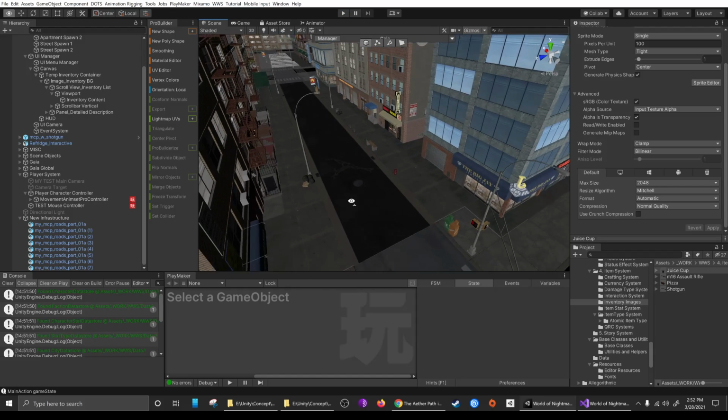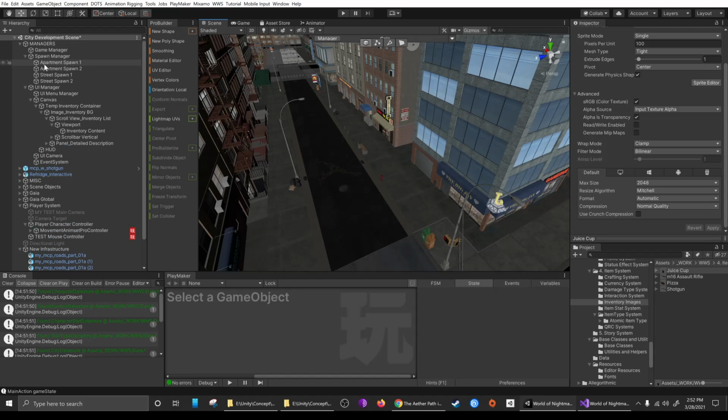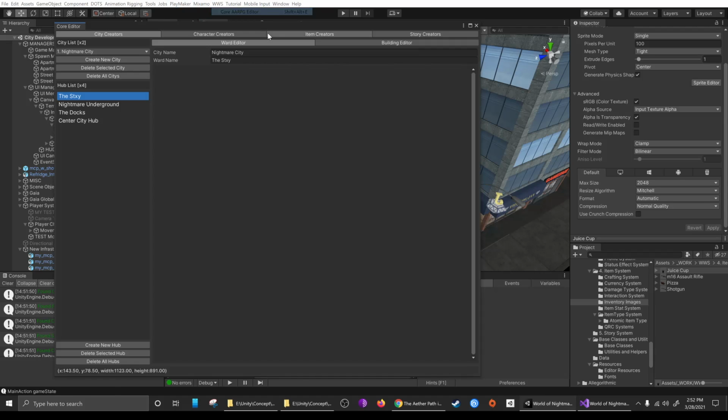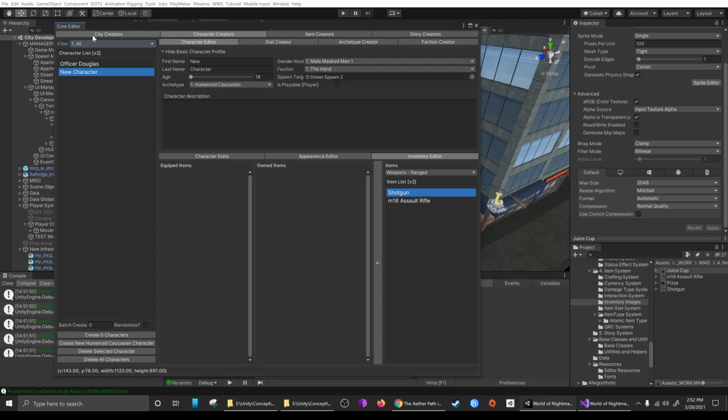So right now we currently have a system that allows you to create the character, pick where they're going to spawn in the game. It's very, very easy. You just create an object, move it around anywhere you want, and then associate that object with the character in that spawn field, which is right there. Very, very simple. You can give them items that you've created,